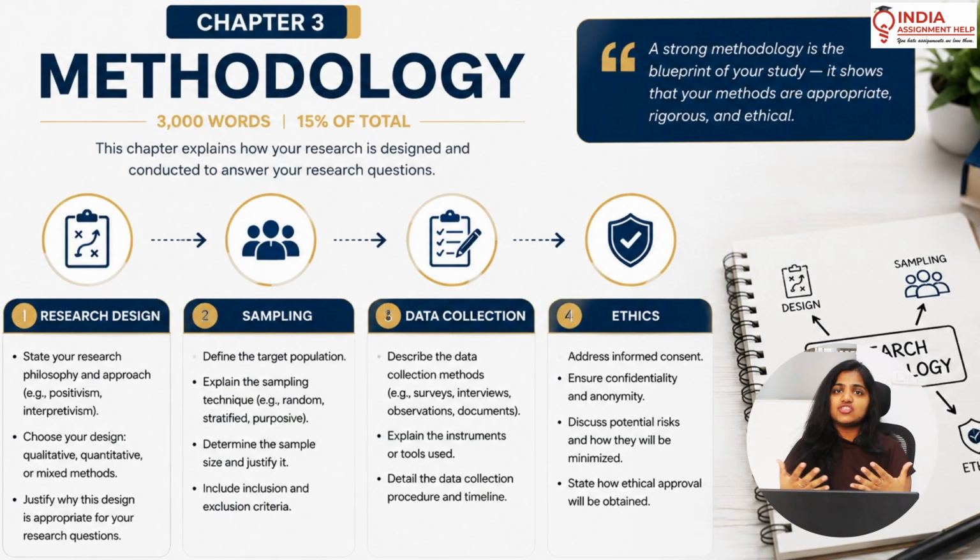Now coming to the third chapter, which is methodology. In methodology, I'm sure you all must be aware of the research onion, right? There are different layers of the research onion. So you start with the outer layer and you start putting in one parameter of the research onion in your methodology section. In this section, you basically write your research philosophy, your research method, which kind of study you are conducting, primary study, secondary study, qualitative, what methods you are adopting, qualitative, quantitative, or mixed methods, how you are going